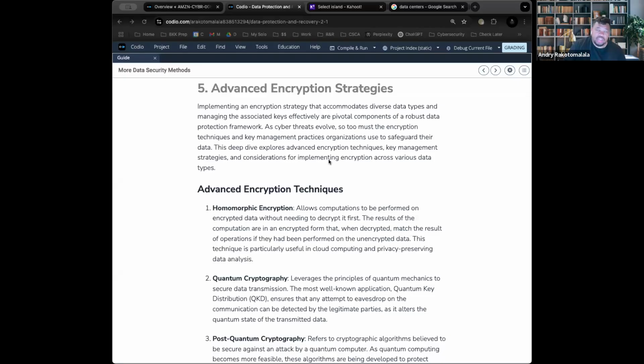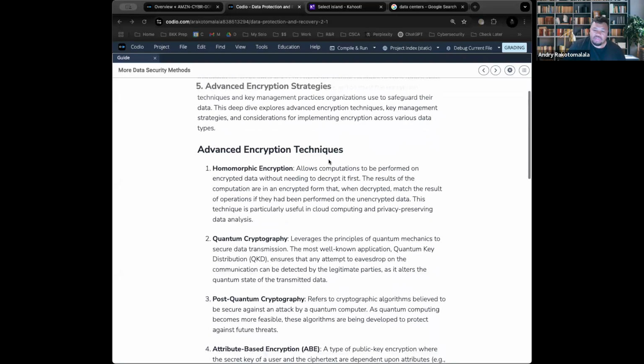Why it's important is because you want to make sure that whether data is at rest, meaning that no one's using it, whether data is in use, meaning that someone is actively creating the data or working with the data, think of it as if an employee were creating a spreadsheet, that's an example of data in use, or data is in transit, so it's like you're sending an email to someone with an attachment. All three of those have to have an encryption level to make sure that it still functions.